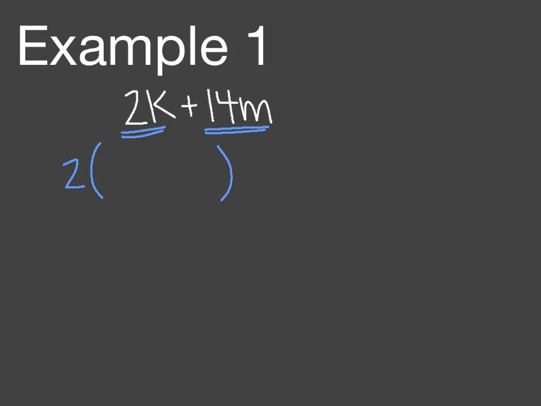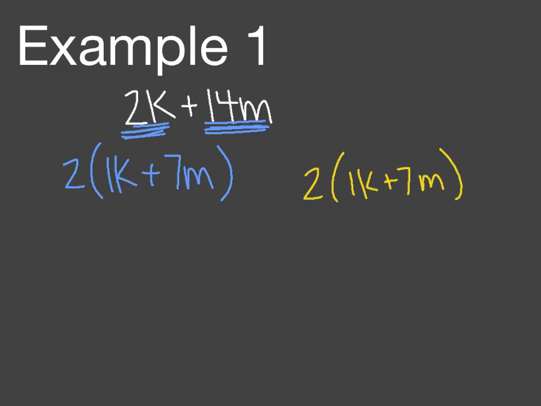So I'm going to take 2k divided by 2, which would give me 1k. Then I'm going to take 14m and divide that by 2, which would give me plus 7m. Now, the reason why this makes sense is because if I were to take my answer, which was 2 times 1k plus 7m, and I wanted to check my work,